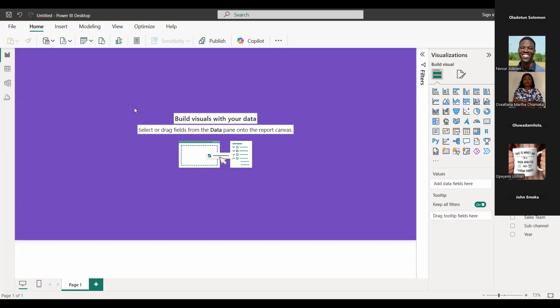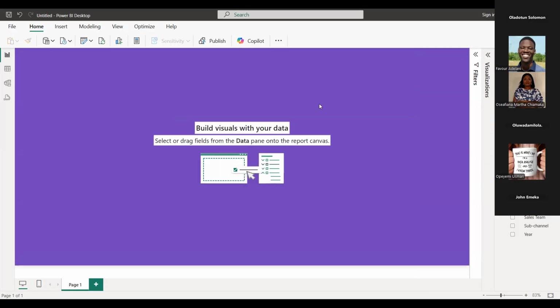I saw some very amazing visuals from the Excel class, so I'm not being laid back about going back on some things, because I see that we already know and have tried some things. For the sake of this, I'm going to show us how to lay structures in Power BI.